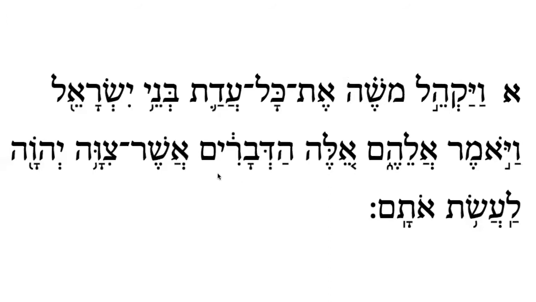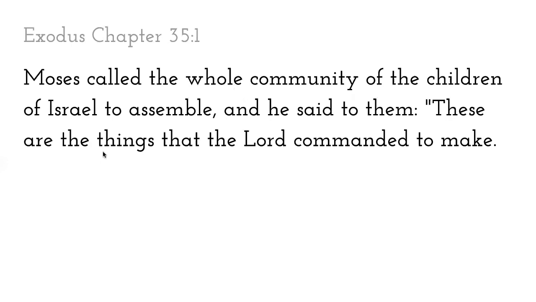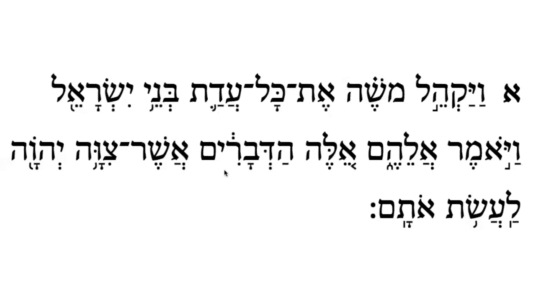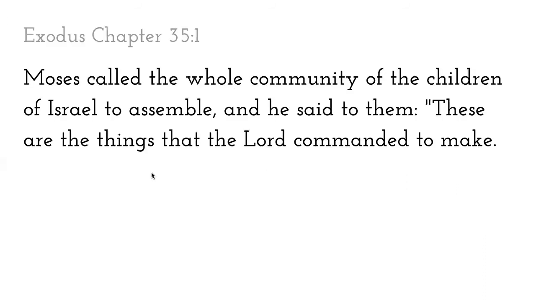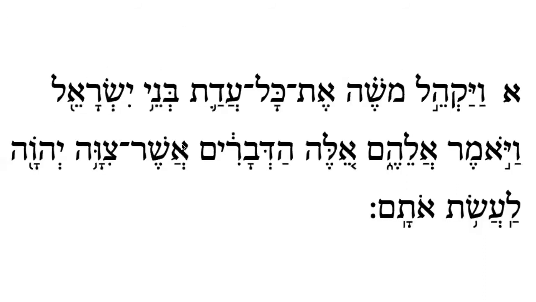Okay, so these are the things. Let me see how the English translates it again. These are the things. Okay, yes, it's translated devarim as these are the things. Okay, hadevarim. And we have an aleph with a patak which says ah, and we have a shin with a segol and the resh together which says sher, asher, and this means that which or who, and let me see how the English translates it, as that. Okay, it can mean that which or who,